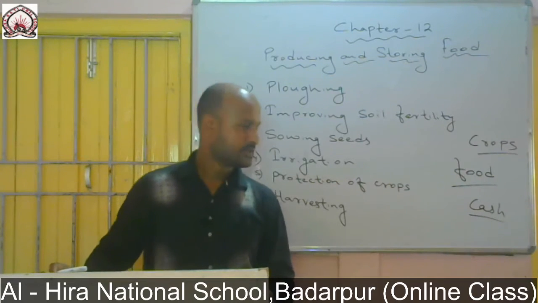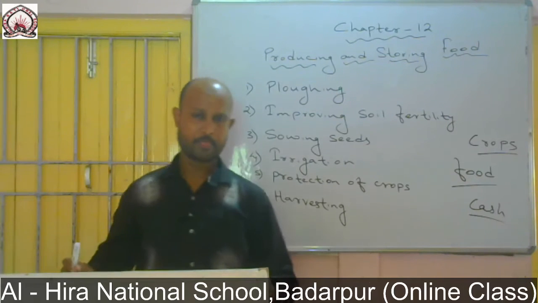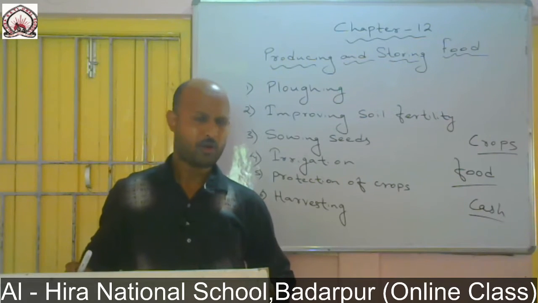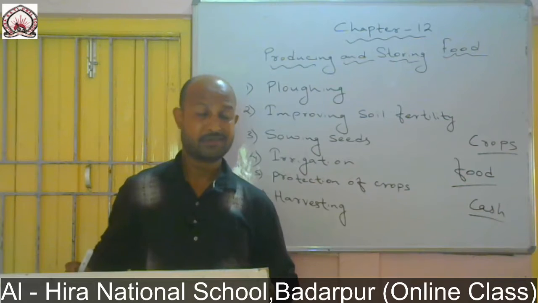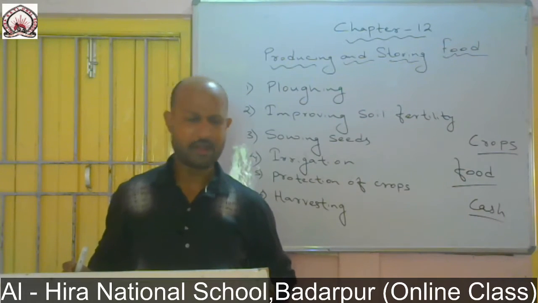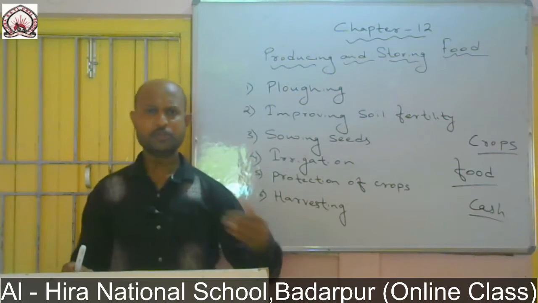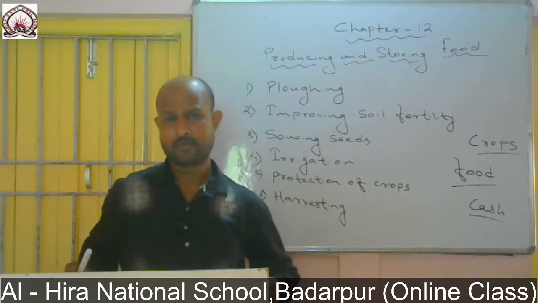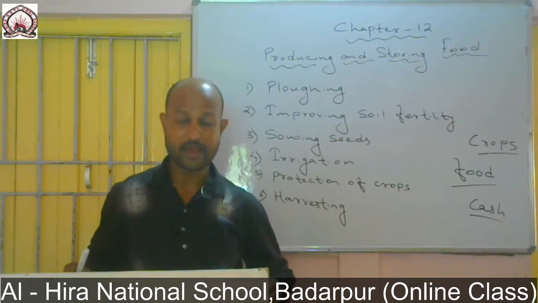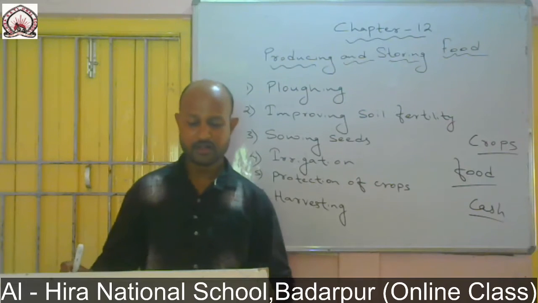The second step that we need to follow right after ploughing is improving soil fertility. Once crops are grown in the same field throughout the year, the soil loses its fertility or its nutrients and the plant doesn't grow well. So we need to add some nutrients to the soil so that the plant gets them from the soil at the time of growing and grows well. We need to improve the fertility of the soil by adding different fertilizers,